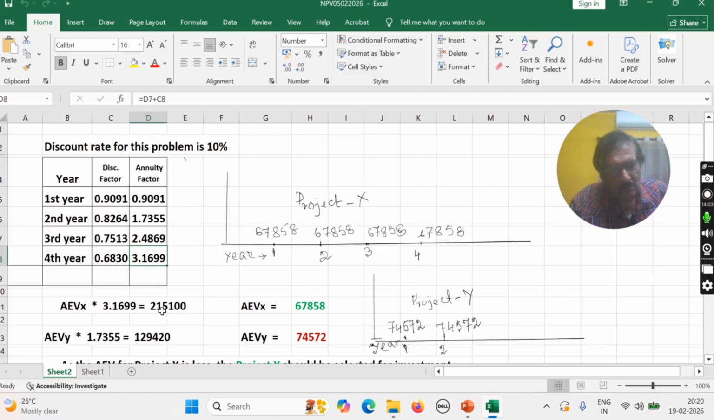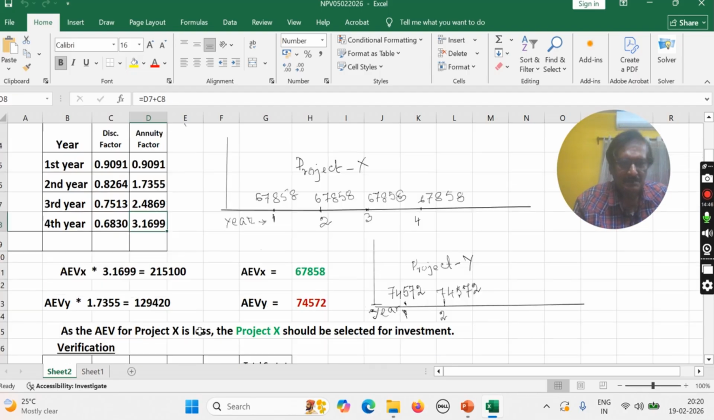That means the present total cost. You can say this is equivalent cost. If we find out the value, then you will get 67,858. The concept is, if you expense the same amount year after year up to 4 years, and if you again discount this to the present value, the total amount will be 2,15,100. That means you have divided this total cost equally over 4 years. That means you can say equivalent to every year the total cost involved for project X is